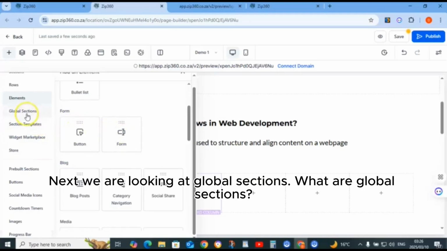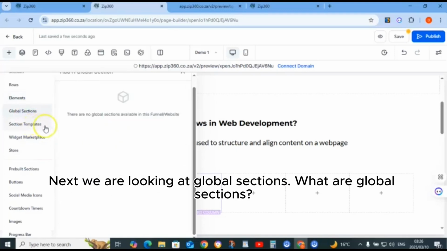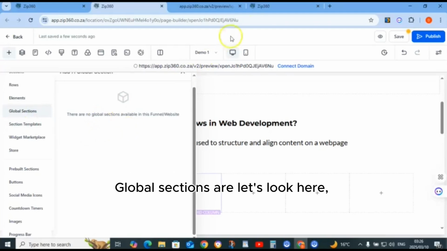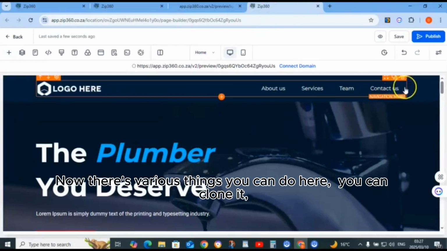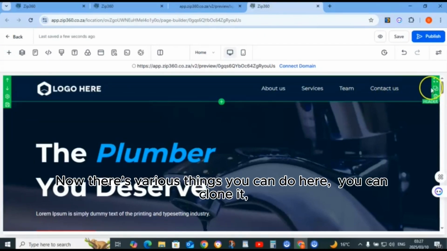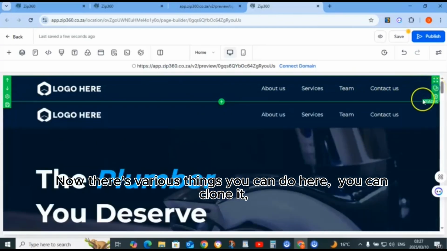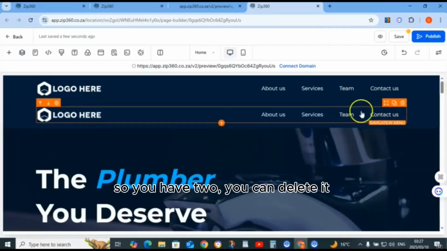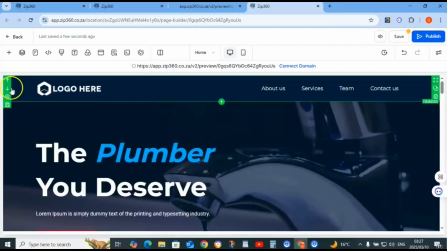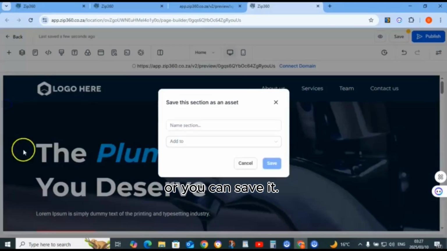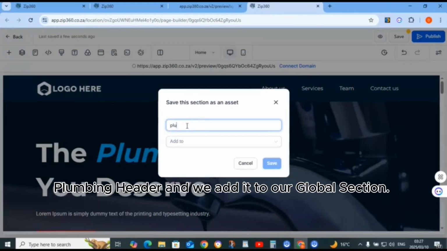Next, we are looking at global sections. What are global sections? Global sections are, let's look here, this here is a global section. Now, there's various things you can do here. You can clone it. So you have 2. You can delete it, or you can save it. Now, we call this, say, plumbing header, and we add it to our global section.